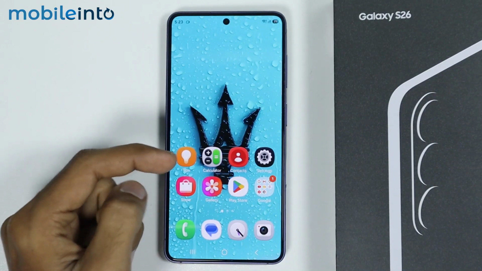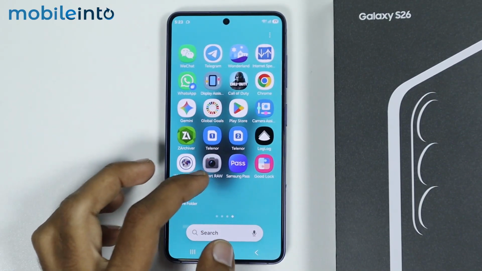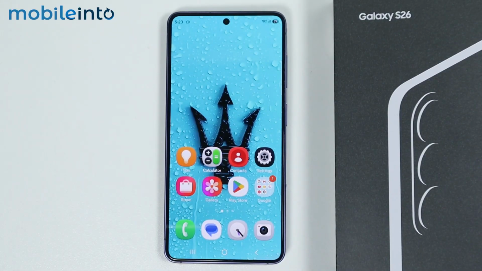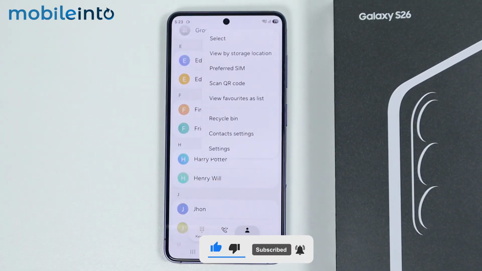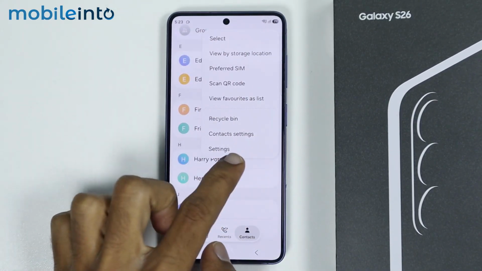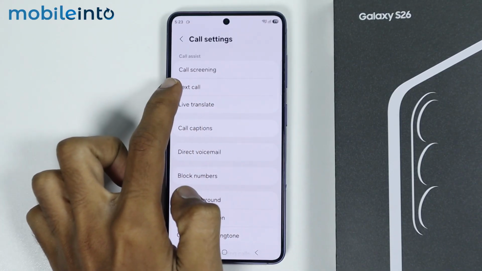In this video, I will show you how you can set up and use call screening on your Samsung Galaxy S26, S26 Plus, or the S26 Ultra. Now to do that, just open the phone app, then tap on the three dots over here. From this menu, just go to Settings, and under Settings, you will find the option for call screening at the